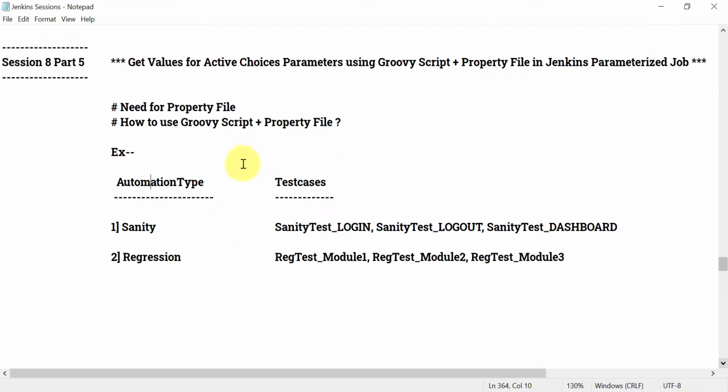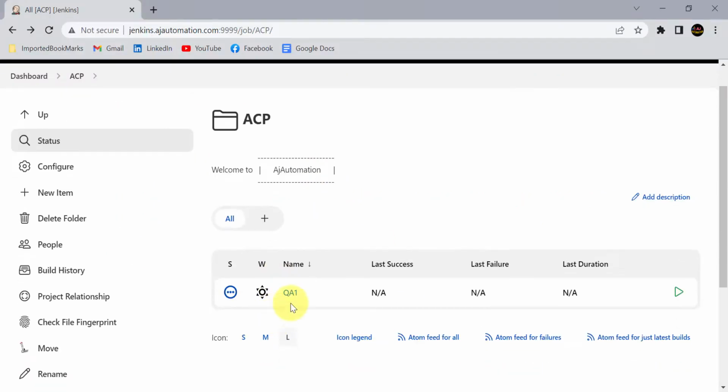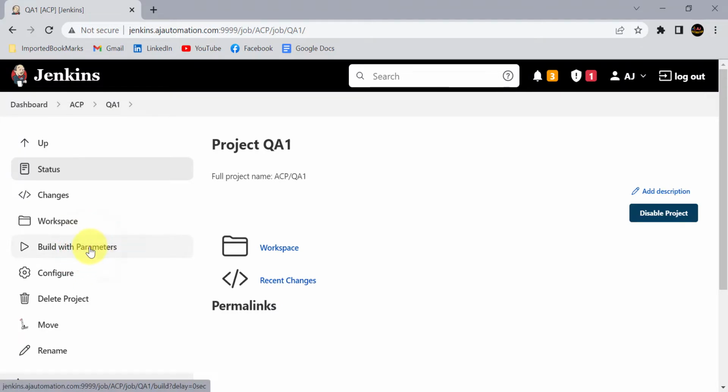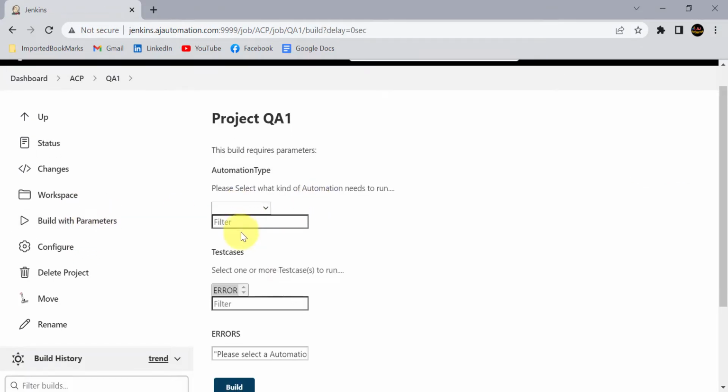So same scenario we are going to automate, only here the difference will be we are going to use the property file this time. So first let's go and see what is the need for property file in the Jenkins configuration. So this is the project that we have created in the previous session. So in this job, what we are doing is, if you click on build with parameters,